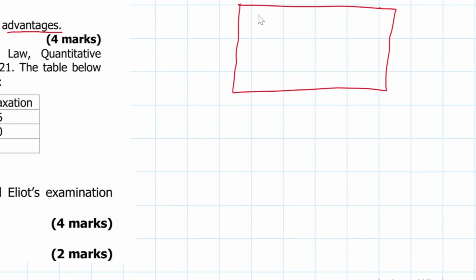In this school we have classes: senior 1, senior 2, senior 3, senior 4. The students in senior 1 are 100, in senior 2 are 200, maybe in senior 3 are 400, and in senior 4 are 600. I'm just coming up with arbitrary figures. So let's say we want to find out how many people here in this school